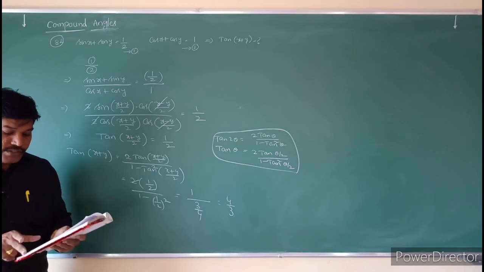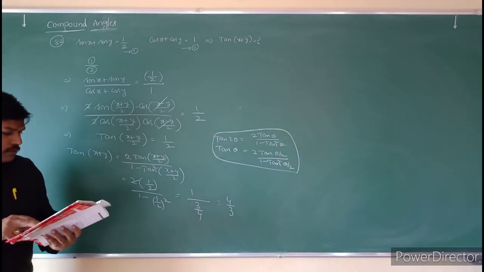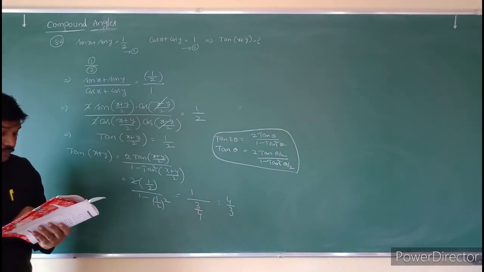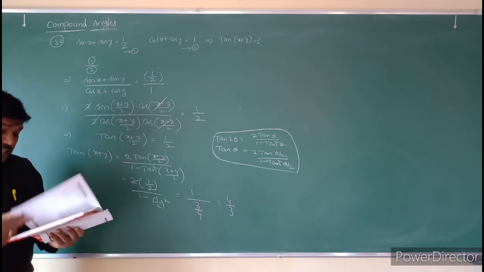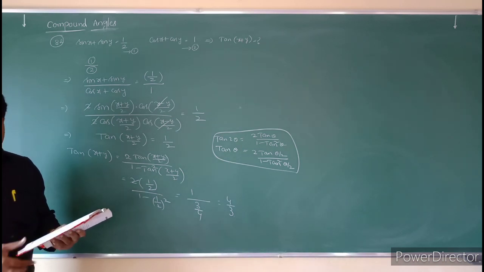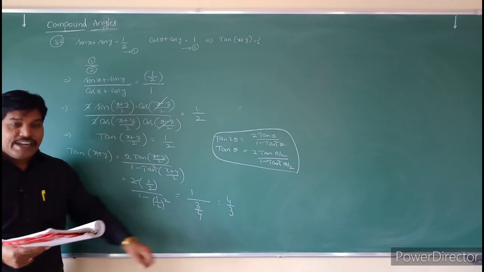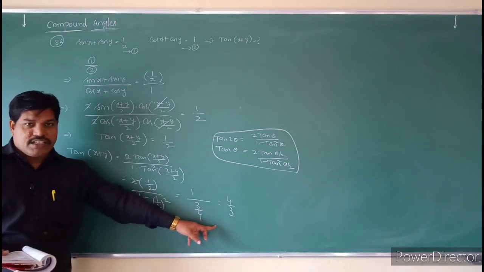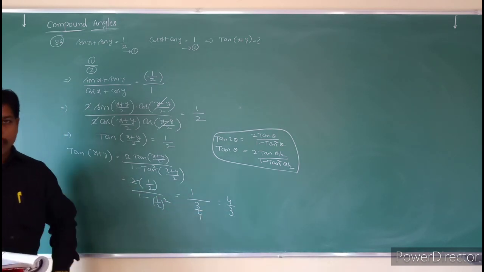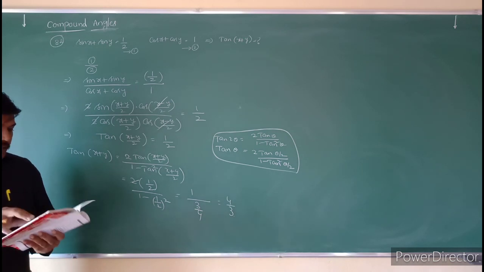So see that question, students. Question number 82, the option given is 4. So change the answer, students. The answer is 3. For that question, the answer is 3, so change the option for that question. Okay.